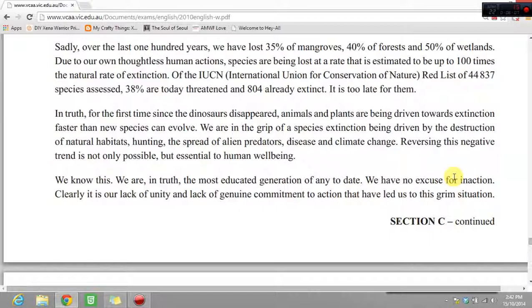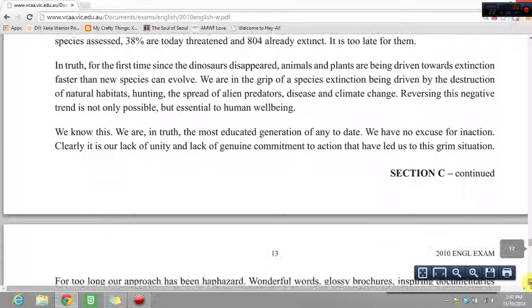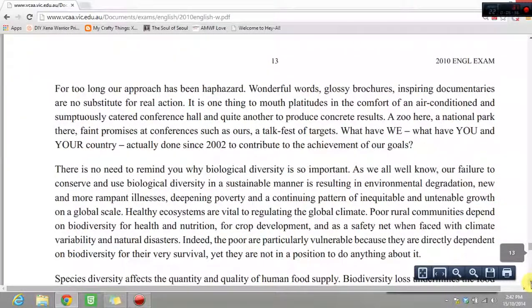Because what is worse, being ignorant and not doing something because you're ignorant, or being intelligent and knowing a lot and not doing something because you choose not to do anything? Obviously, it's the latter. So by flattering them and making them think, oh yes, we're very smart, and then showing that even though they are so smart, they have not taken the correct action, they will of course feel guilty and ashamed, and then want to do something about that.